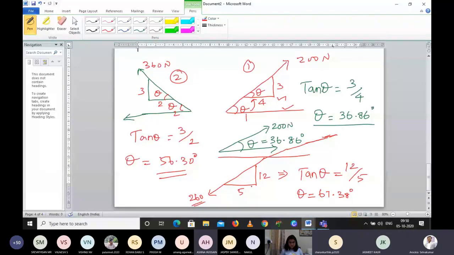So can you show the previous figure, sir? Why is it 12 by 5 instead of 5 by 12, sir? Check. Sir, I have doubts. Opposite by adjacent. Sir, but the theta should be the theta opposite to the theta you have written. I think that way. Exactly. That's only our friend said that you can subtract from 90.